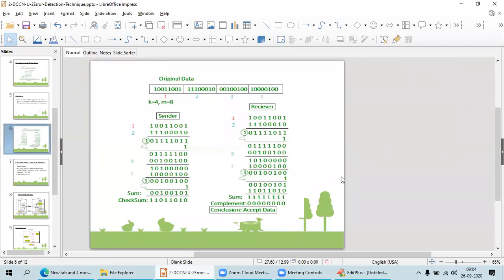Otherwise, if you modify the code word and do the same steps, complementing and doing all the steps one by one, at the end you are not going to get the sum as all ones; you will get something different.